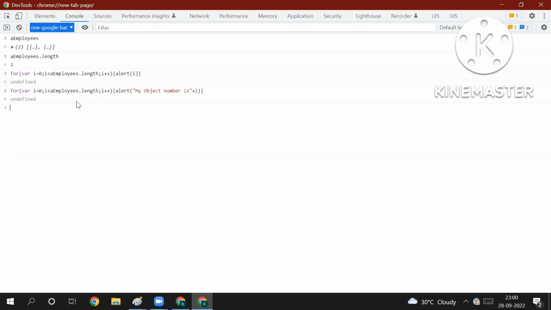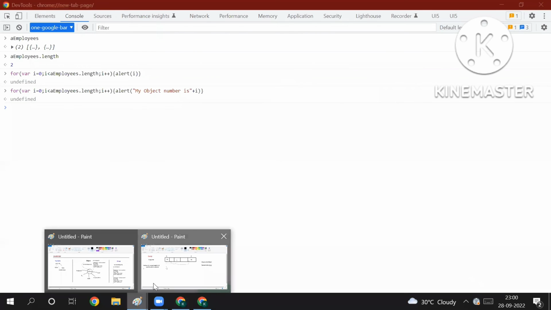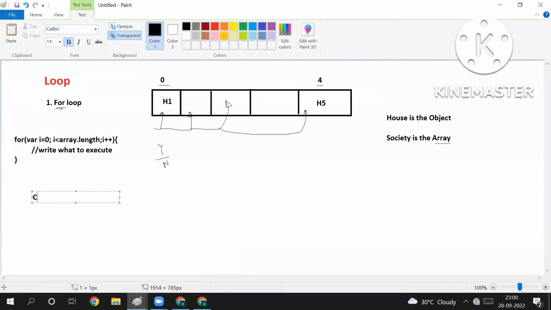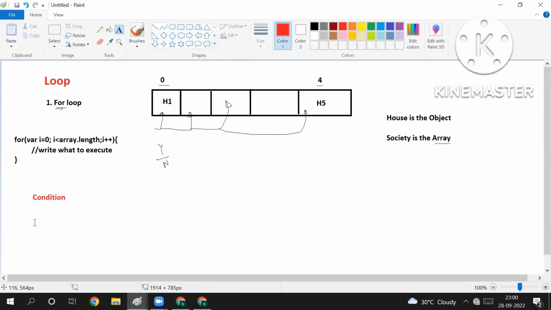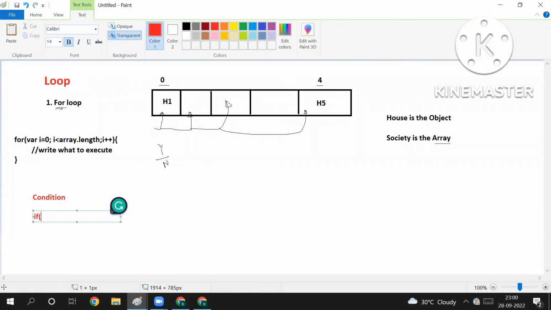Now there is something called a condition. What is a condition? There is a condition called the if and else condition. So what is the syntax? If, you can give here whatever condition you want to keep, and then else. This is the if and else condition. So first, if, put the condition. What is the condition? Like if you want to say I value is equal to 1, then give it an alert, something like